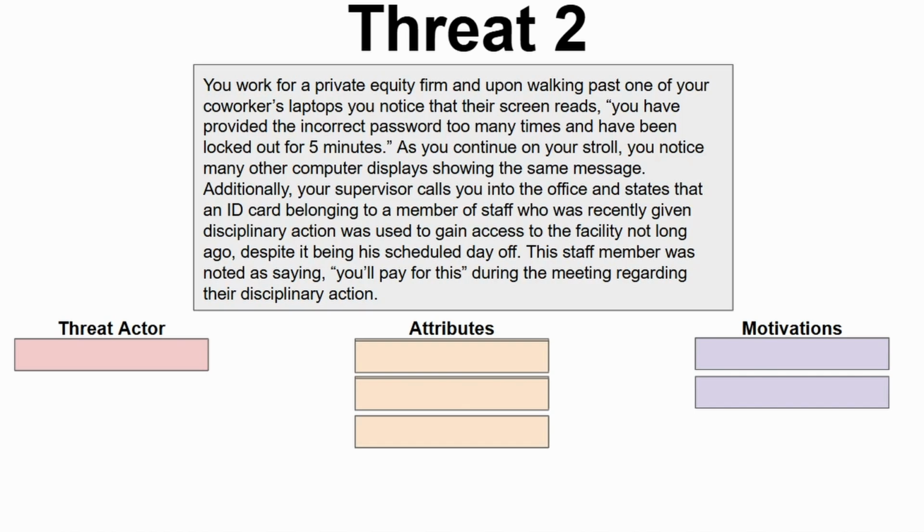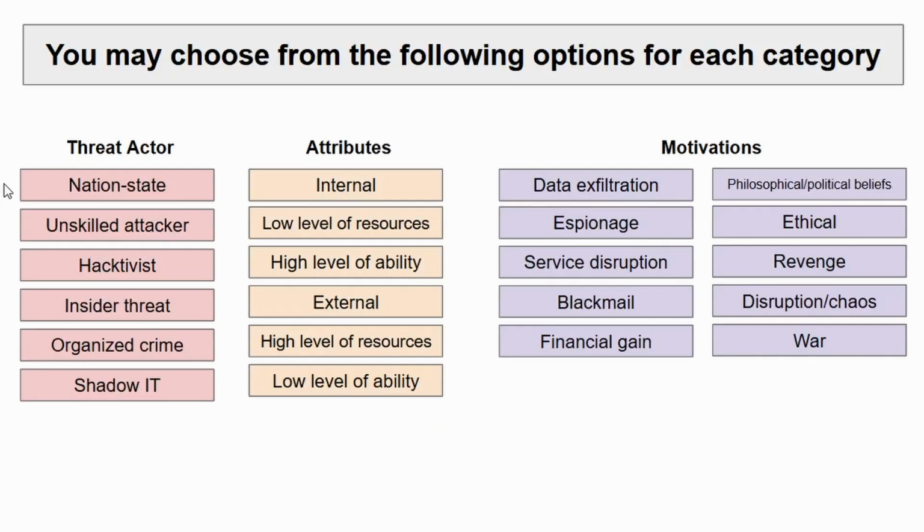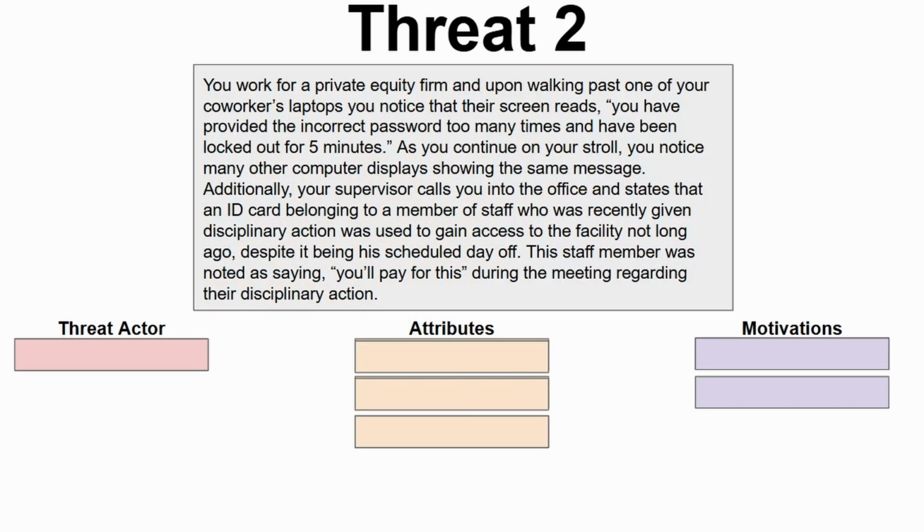All right, guys, so what do we think the threat actor is here? Out of these potential threat actors, which one best suits this scenario? This one, there's not a lot of tricks here. It's pretty clear. 3, 2, 1. It's an inside threat. Okay, this is someone who works for your company, and they are trying to do something from the inside. What attributes are we looking at here as well, guys? 3 attributes for this person.